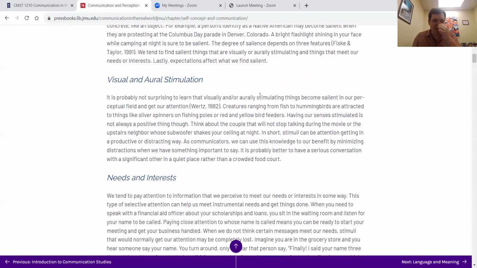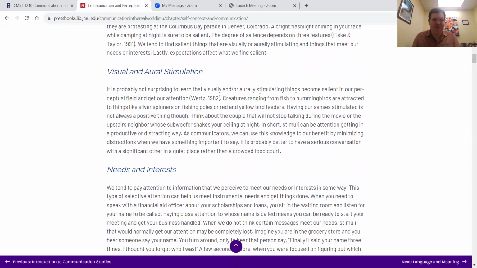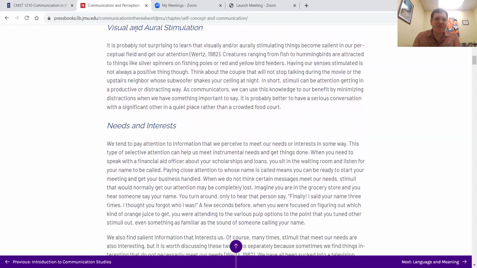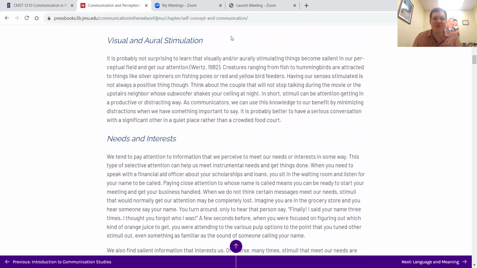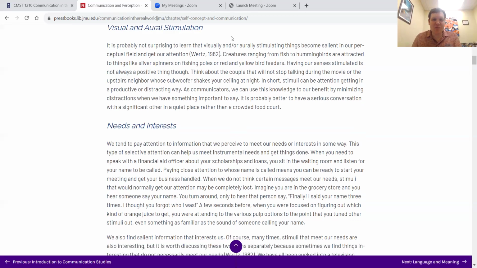Oh, actually, we have a little bit more on salience here. What sort of stuff do we select? It talks about visual and, or I have a speech impediment so this is the R stuff for me, aural stimulation. Anything that is visual or that we hear is going to stimulate our attention. If you hear a loud noise, if you see something that you weren't expecting, or if you see something that you were expecting and looking for, all these things can impact how we're perceiving. So it's whatever's stimulating our attention at the moment.